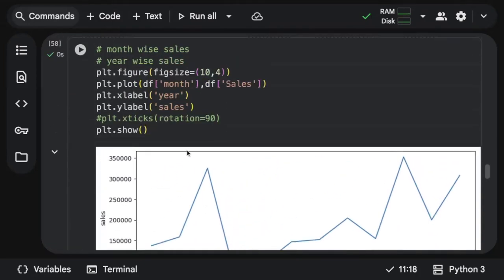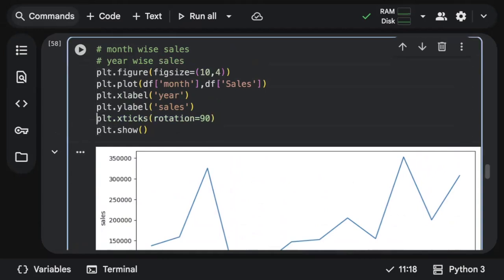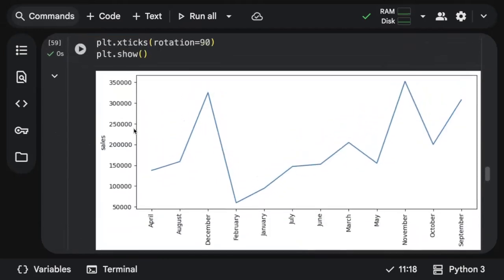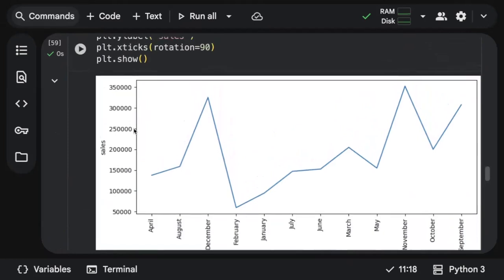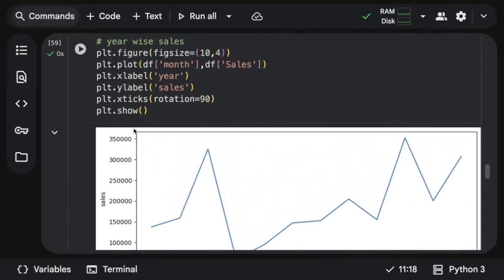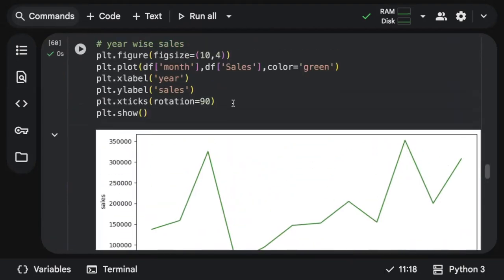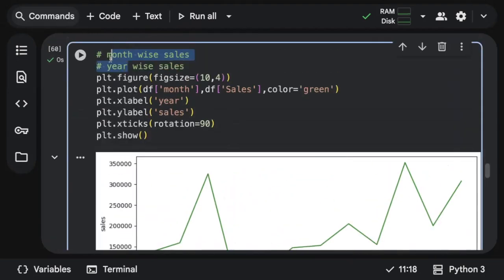Just to overcome that overlapping, we give plt.xticks rotation equal to 90 so that the angle of the labels changes and there is no overlapping. It looks clear now. If you want, you can also give a color. You can just say color equal to green and give a color to the line. So this is month-wise sales.